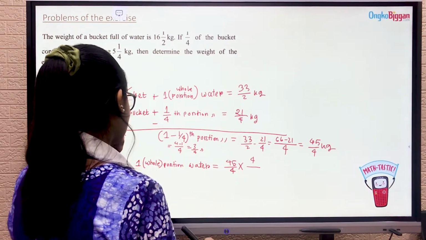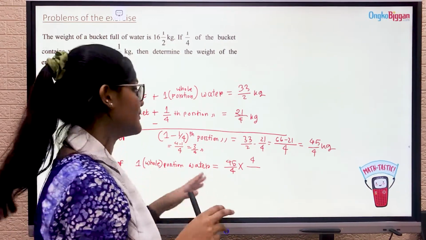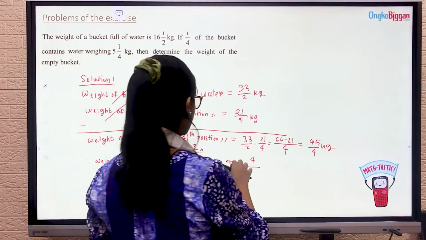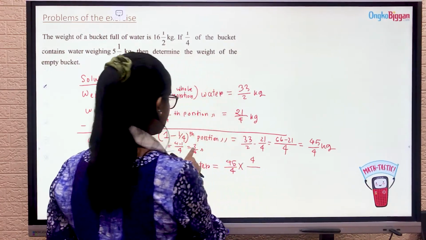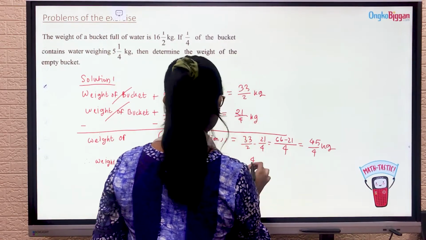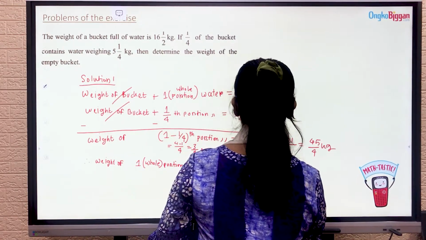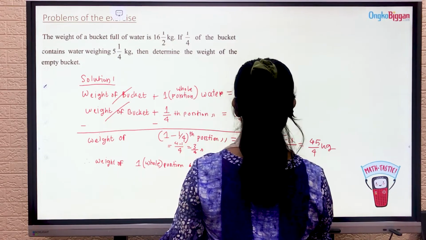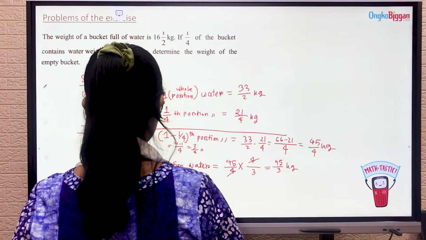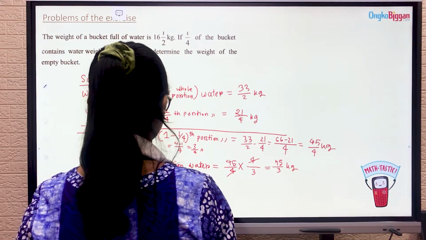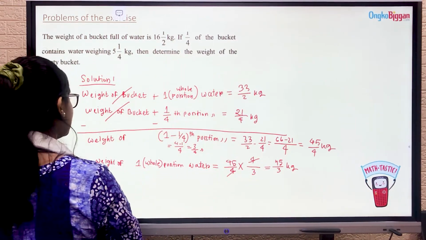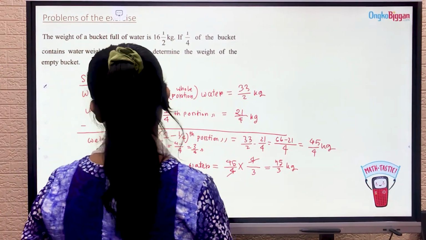So it's just the unitary method, so it will be 45 by 4 divided by 3 by 4. I am just writing directly by changing the sign, so this will be like this. So 45 by 3 kg. So it will be the weight of whole bucket of water. So now we will just determine the weight of